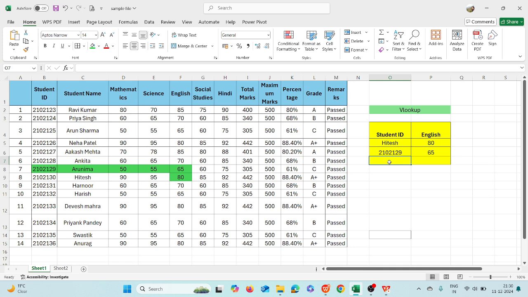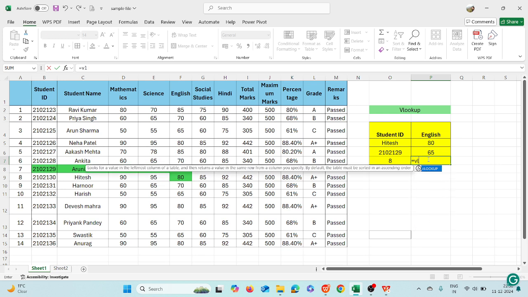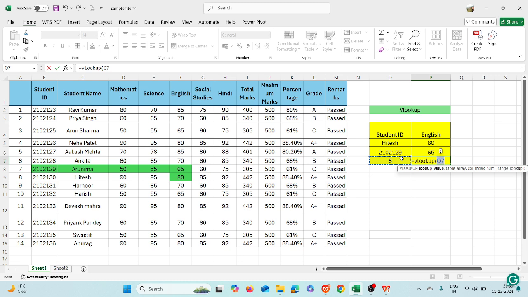Done. So first of all, I'm just taking it based on the serial number. Maybe I'm taking 8 over here, right? On the eighth serial number, what is the score of English marks? So for that purpose, again put equals to, then VLOOKUP, insert a small bracket, then select the lookup value for which you want to search, right?